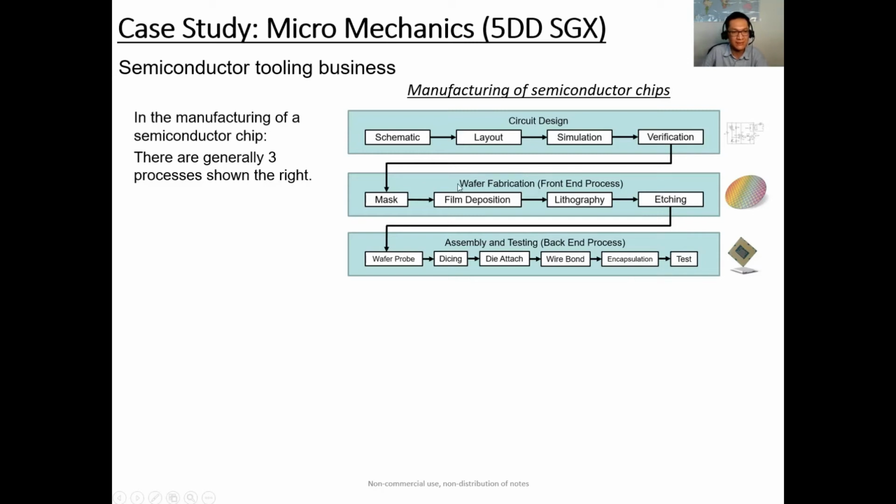This company will do the masking, film deposition, lithography, and aging. At the end of this process, there will be a finished wafer. Then this wafer will be sent to the assembly and testing process. Assembly and testing is a back-end process, whereby the wafer will go through the probing, dicing, die